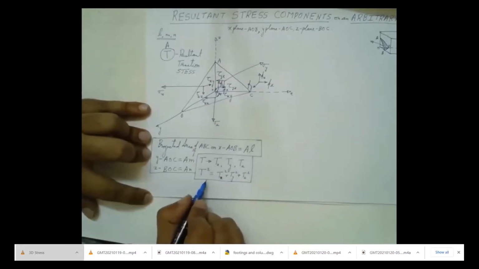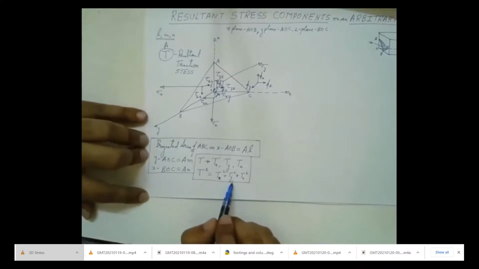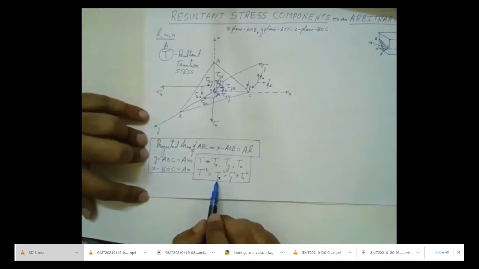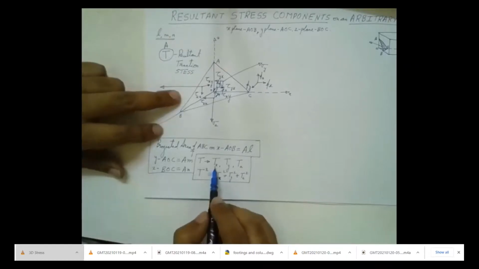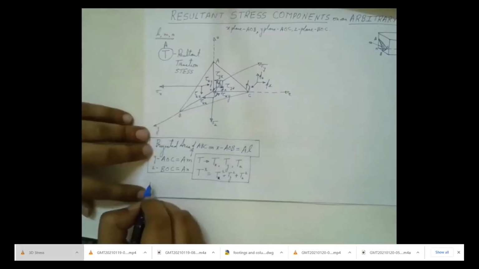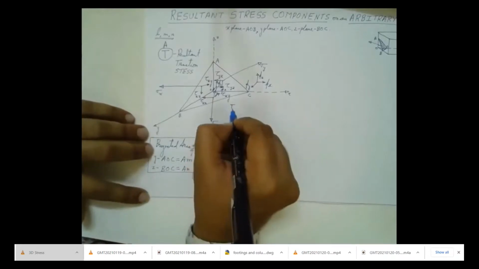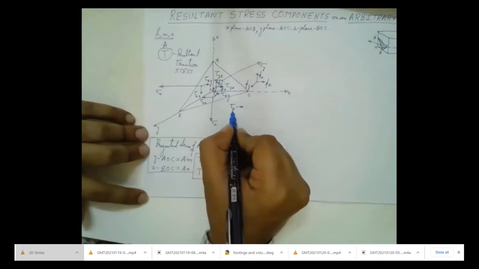Resultant stress vector equals the sum of the squares of the resultant stress components. Next, due to Tx, which is the stress component in the x direction, there will be a force acting on the x plane, and that force will be perpendicular to the x plane. So, due to stress Tx, there will be a force acting on the plane on which Tx is acting.